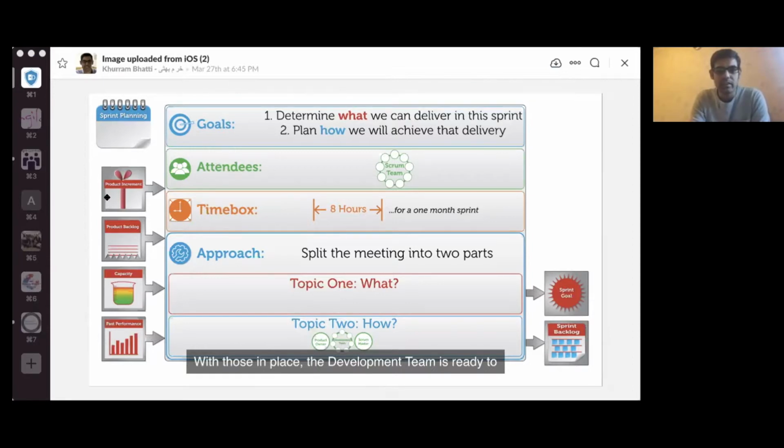The third is the time box. Usually for a one-month sprint, the time box is 8 hours, but it doesn't have to be 8 hours. That is the maximum time box. For the teams that I have worked with, our sprint planning did not go more than 2 hours. Sometimes we finished it in literally 30 minutes, because our sessions were so refined that we just picked